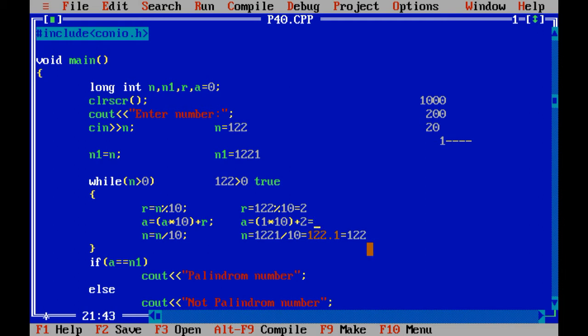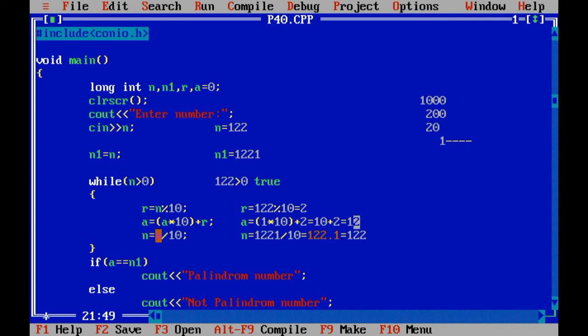Now let me simplify the given thing. 1 multiplied by 10, that is 10, plus 2. 10 plus 2 means how many? It is 12. Yes or no? 1 multiplied by 10 returns 10, and plus 2 it returns 12. Now what happens? The value of a would be 12. Is it clear to everyone?